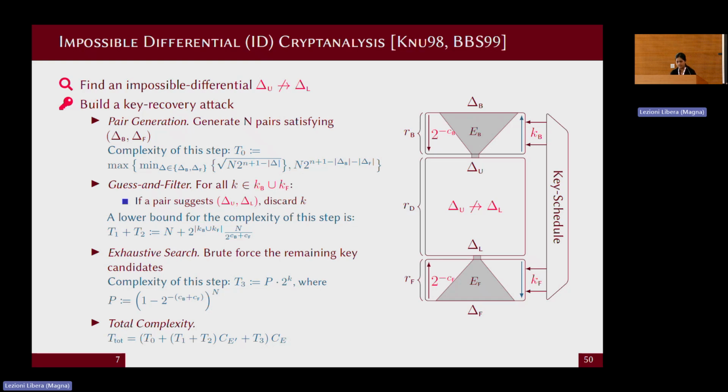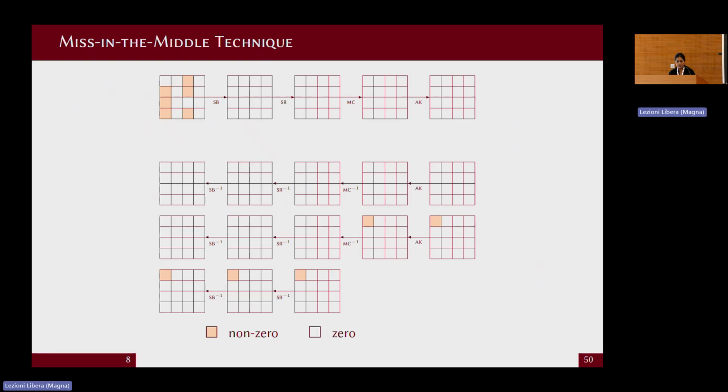So for that reason, I built it this way. The next thing is how to find the impossible differential. That's the first step, and it can be found using the miss-in-the-middle technique. The miss-in-the-middle technique works like this: suppose we start with a given input and output difference,